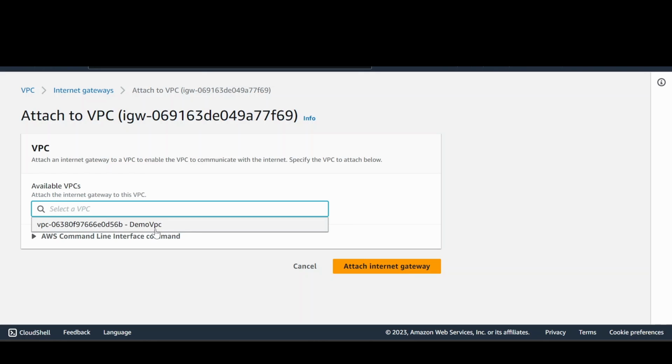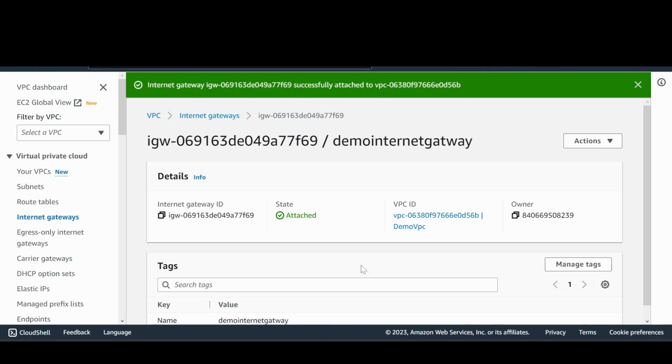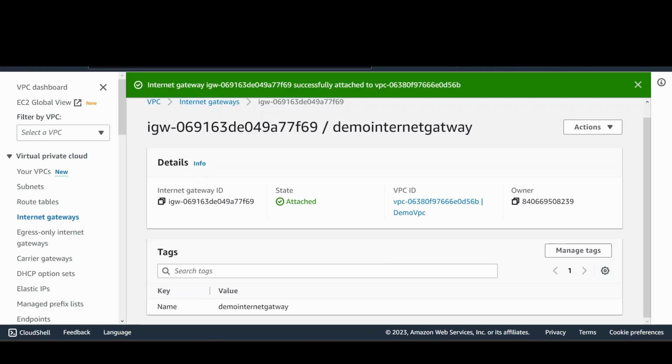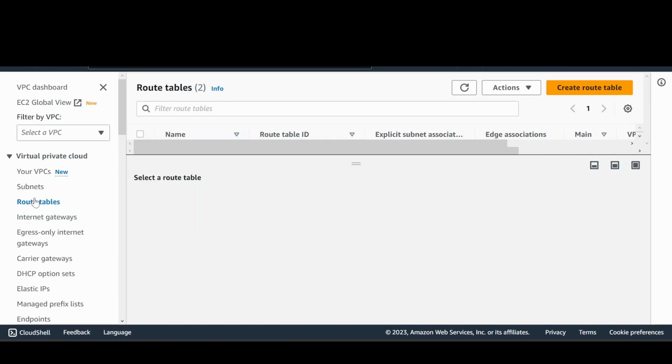What is the one that is available? So you have demo VPC and attach the internet gateway. So once you do this, attaching your internet gateway to that VPC. So first it was VPC, second subnet, third internet gateway, fourth you go to the route table and you will have to provide your